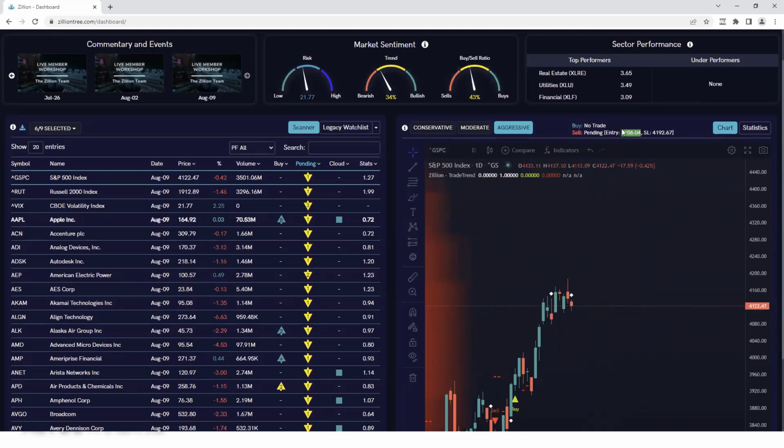This is more of a guide than a "hey, do this, this is the exact price you have to get in at." So if I were to take a short trade off this sell signal, I'd actually want to put my sell stop order below 4,100, because I know that these century marks often serve as strong support and resistance. So I'm maybe more apt to place it a bit lower, below 4,100. So I might go down to 4,097 or a bit lower, so I can get below the